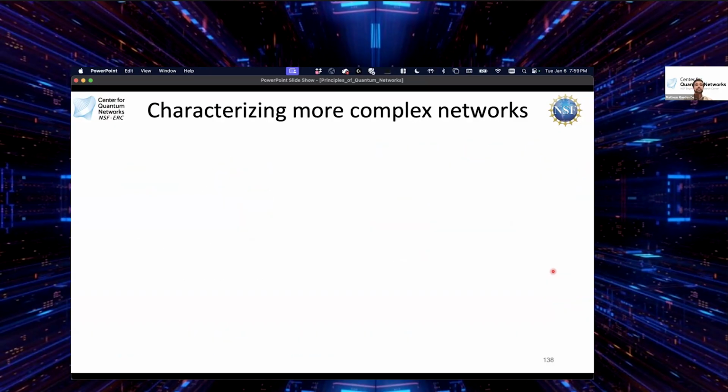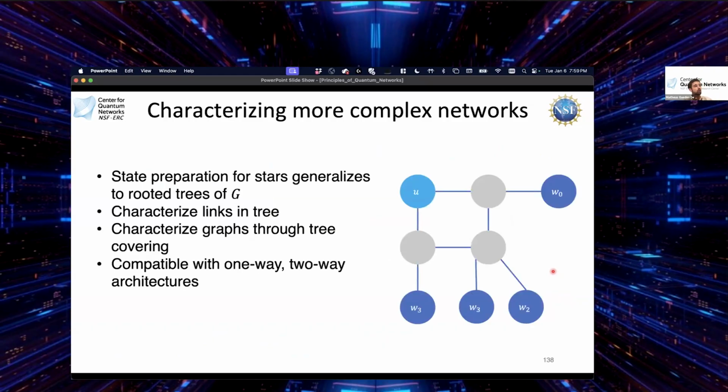Okay, and can we use this idea to characterize more complex networks, now that we saw how we can use this to figure out what's happening on a star network with bit flips? And the answer is yes. This sort of state preparation or distribution algorithm, or circuit, that I was telling you about actually generalizes to rooted trees of your network. So instead of having just one star, you can have a tree and do this type of entanglement distribution over a tree. And you can characterize the links in the tree